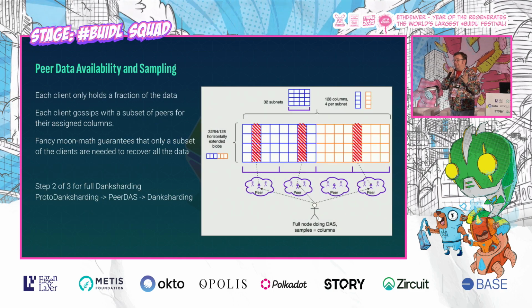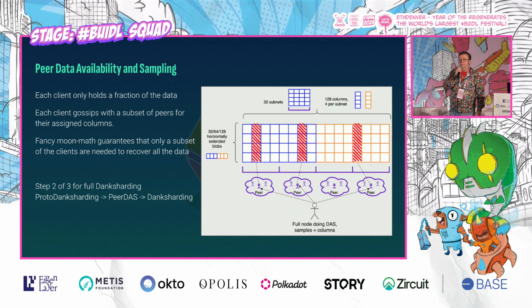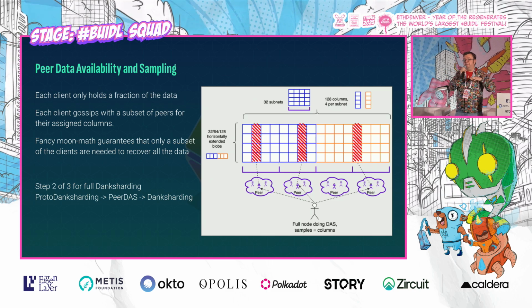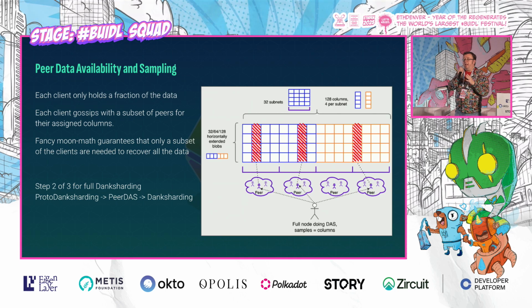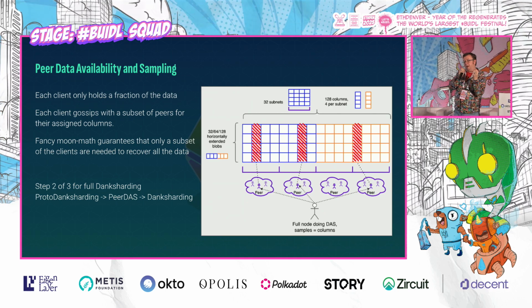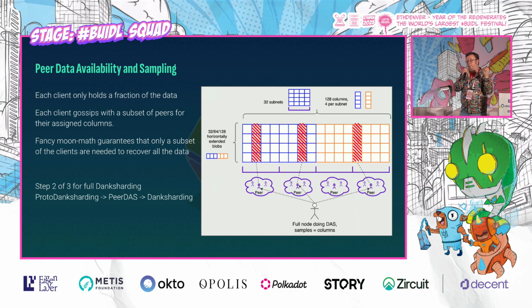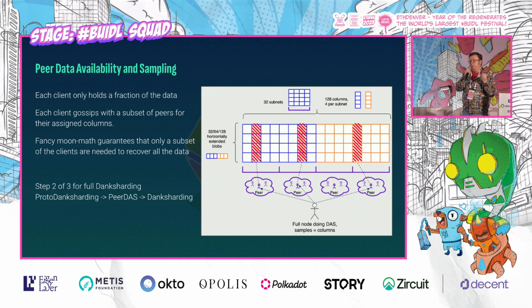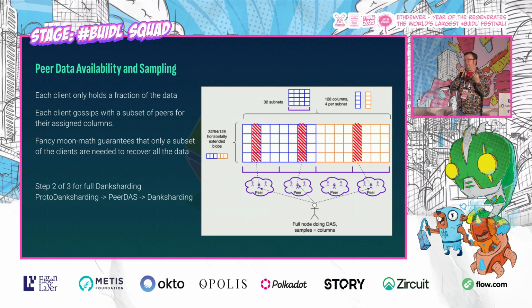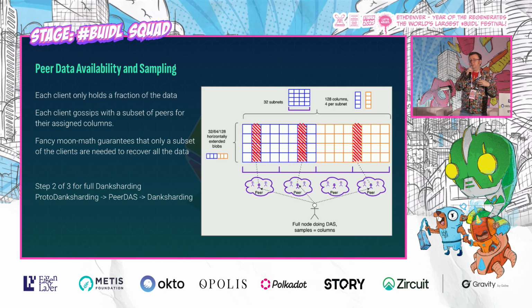So what is PeerDAS? That's a 20-minute talk in and of itself. But I think this picture really gives you an idea of what it is. Each client only keeps a subset of the blobs, and the subset that they're responsible for keeping, they have a little sub-network of other peers that they talk to, that they can get the data and share amongst themselves, so that you know who you're sharing it with, and you can make sure that each other is keeping it, you can challenge it, and you can get different pieces for it. And they use advanced erasure encoder mechanisms.